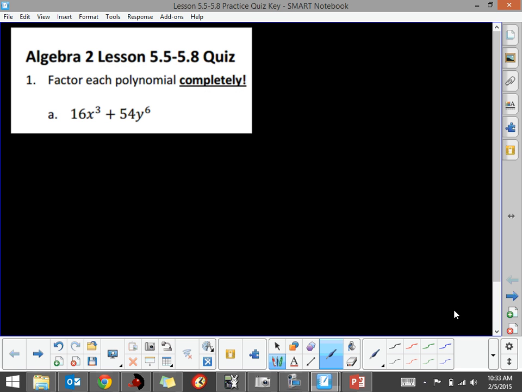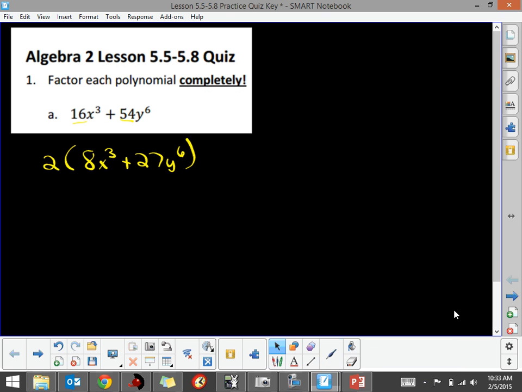So every time you do factoring, your first priority is to look for any greatest common factor that will go into all the terms. Well, if I look at a 16 and a 54, they're both even numbers, so I know I can factor out at least a 2. So I'm going to factor out a 2, and what I'm left with is an 8x cubed plus 27y to the 6th. Okay, just because we factored out a greatest common factor doesn't mean that we're done, so we have to reevaluate the remaining